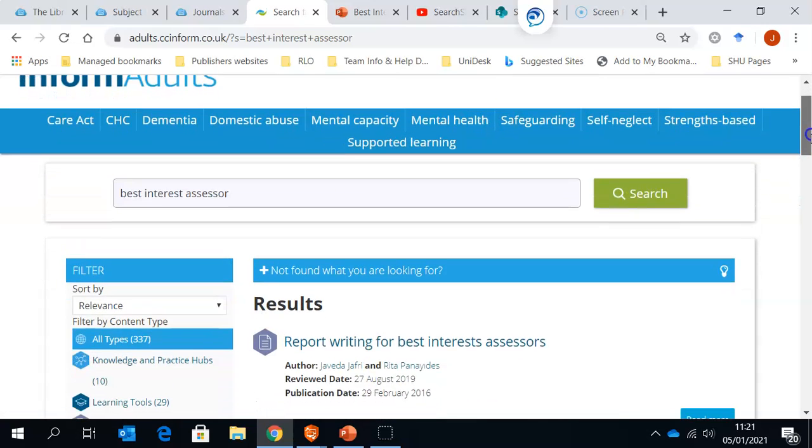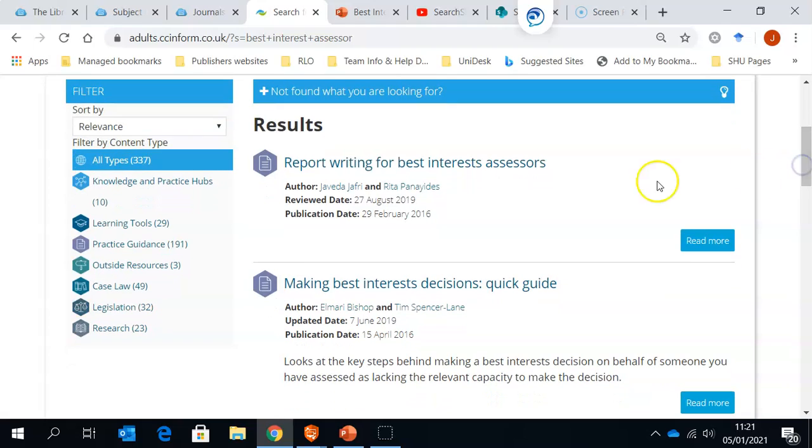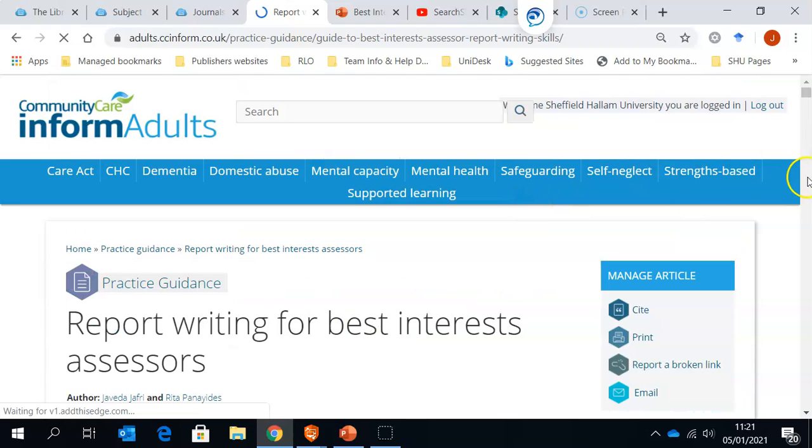And here we have the results. We've got 337 in total, but we've got the practice hub, we've got your practice guidance, we've got case law, we've got legislation, we've got research. So there is a lot of material here. So for example, report writing for best interest assessors. If I go to read more, it takes me through to the full